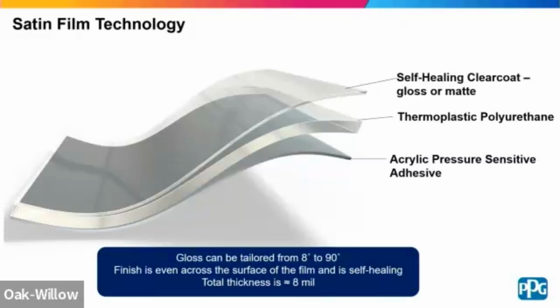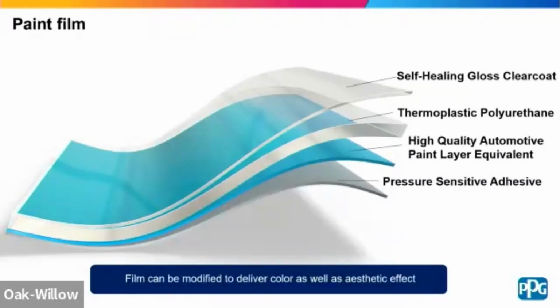We then take that top-coated polyurethane and we apply a pressure-sensitive adhesive, and that's tailored to give the right application installation characteristics to the film. Okay, and that's either coated on the back, or we can actually laminate it in a separate process, and that gives us the full stack. The other thing we can do, and this is where I say you can start to tailor this. If you want to, you can actually then take a conventional automotive color coating, and we tweak it a little bit to make it a bit stretchy so it works in a film environment. But we can add a layer of that into the film, and now we can do aesthetic changes and color changes at the same time. Okay. And theoretically, we could also add graphics in and another other